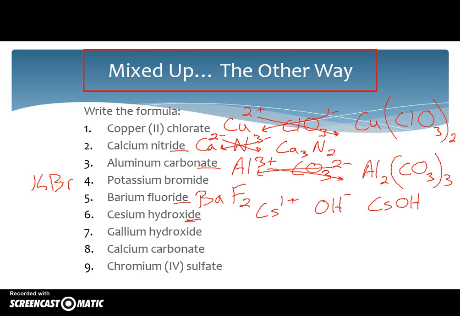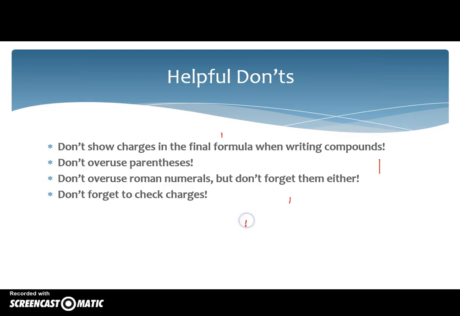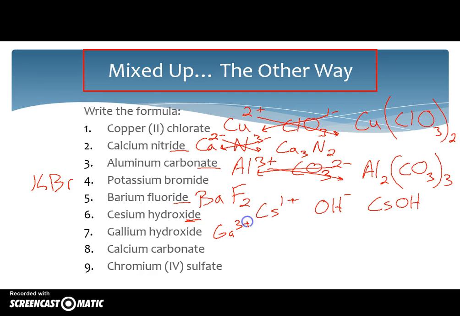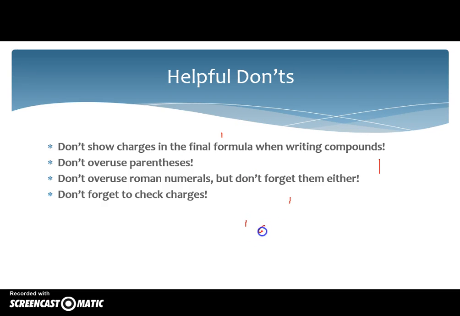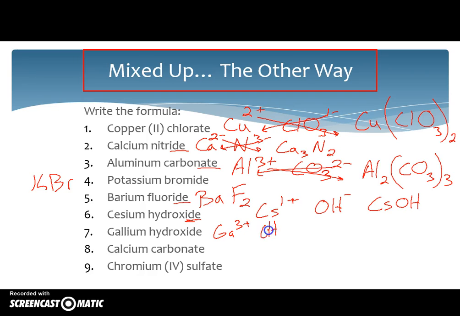Gallium hydroxide, go find gallium. It's a 3 plus charge every time. Hydroxide, we said, is OH minus. Do your crisscross work here. This is one of those cases where if you're going to miss using parentheses, it's going to be for something like hydroxide. I want to put this 3 down here. Up here it's really obvious because I already have a 3. Down here though, I don't have a number. But again, I want to say I have 3 of this whole group. So again, I need parentheses. Ga(OH)